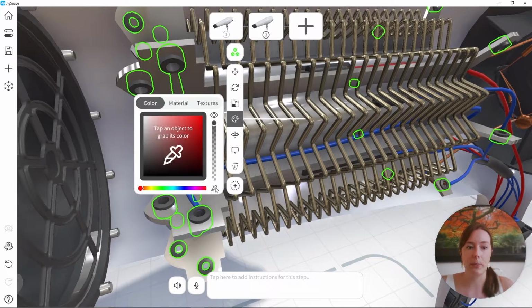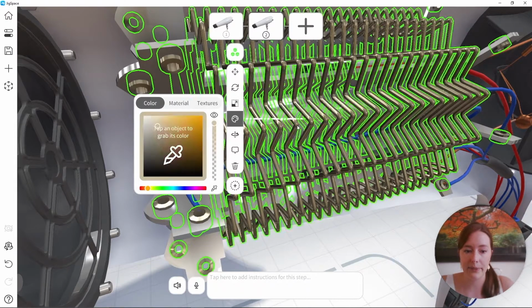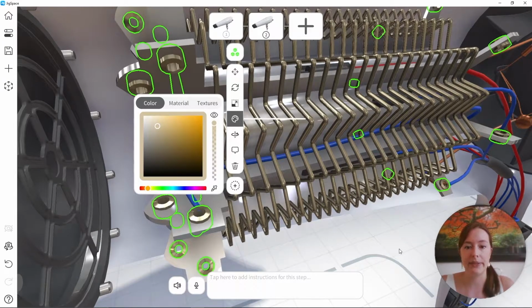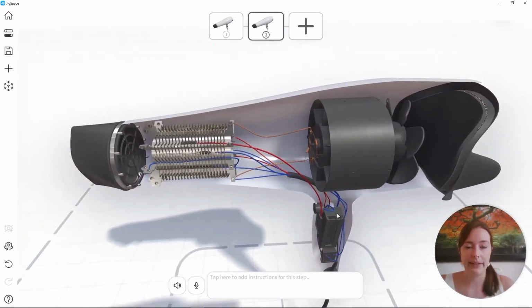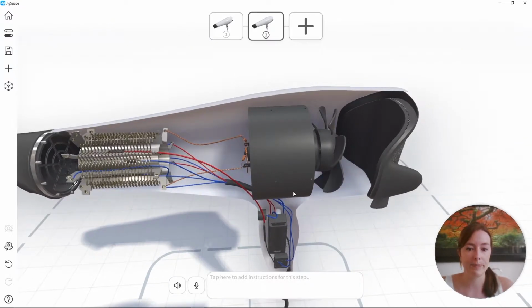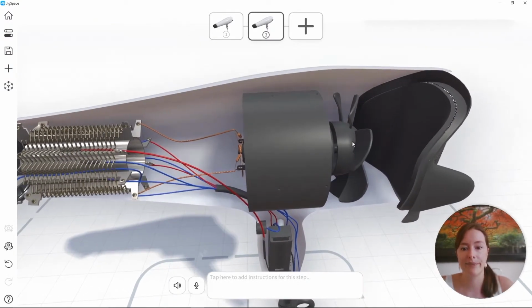Another fun tool of the colour toolbar is that I can use this eyedropper tool. This allows me to copy both the material and colour of another object. So if you watch these little bolts down here and I select the nichrome wire, they get the exact same material. And that can be a great way of speeding up the jig texturing process.